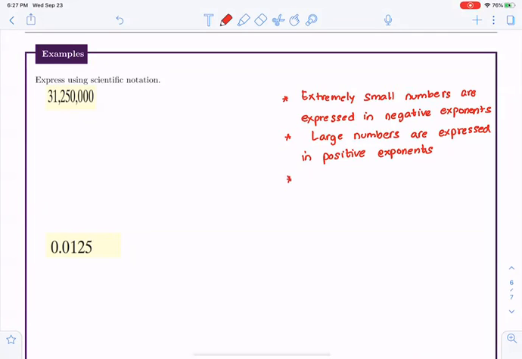What do I mean by negative exponents? Ten raised negative 1, 10 raised negative 2, 10 raised negative 3, and it keeps on going. So negative 1, negative 2, negative 3, negative 10, 10 raised negative 50, and so forth. And by positive exponents,